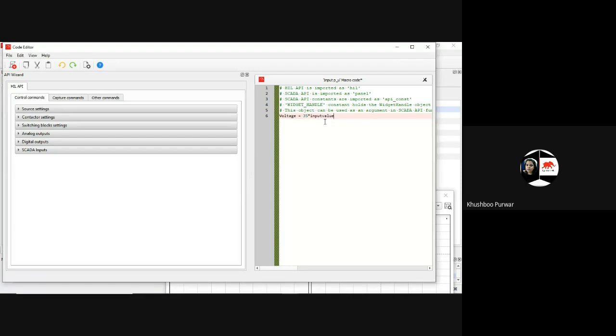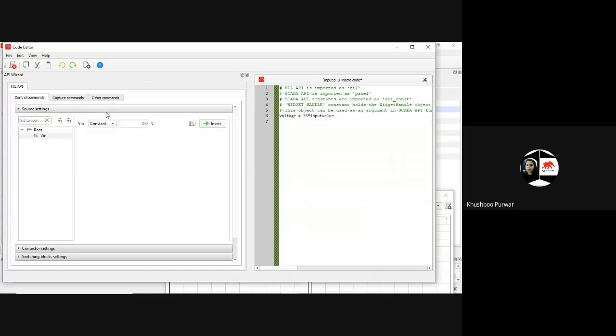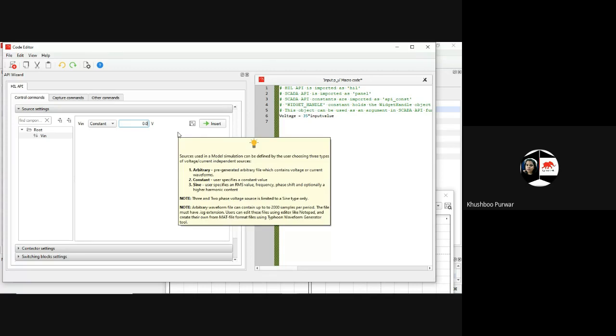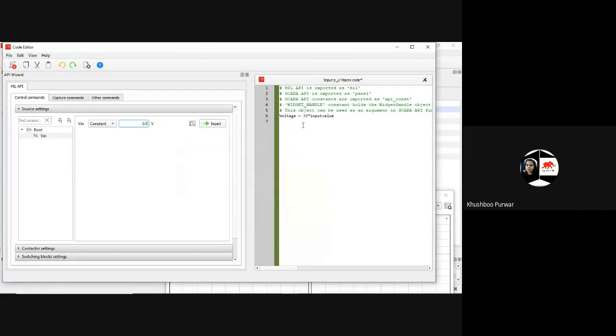This you have to fetch it. Then enter. Then you have to fetch from the source settings. So here I'll be giving the insert value.